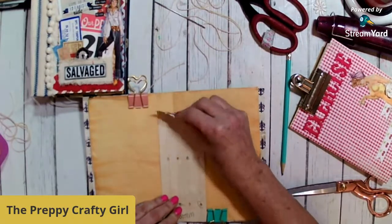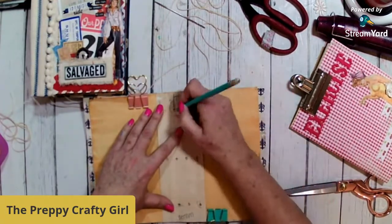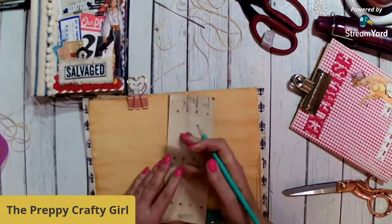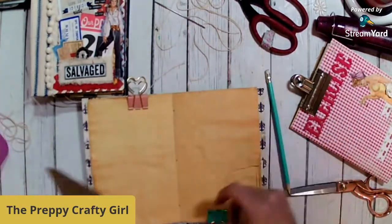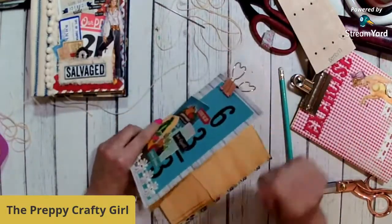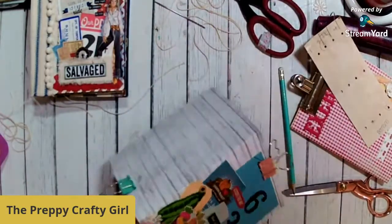So, you know what? Next time I'm going to do this out of clear. If I did it out of clear, I'd see if I was on the fold, wouldn't I? Okay, then I'm going to take my awl, which ran away, and I'm going to go up